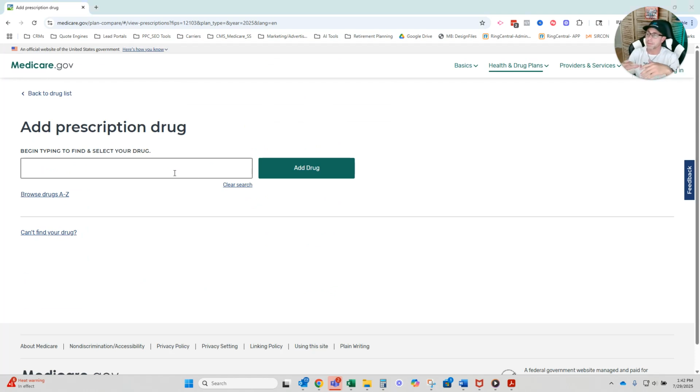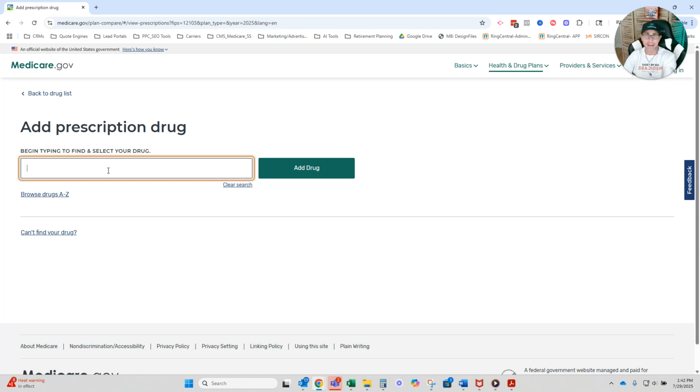On the next screen, we're going to be able to enter in our medications. What's nice about using Medicare.gov and the other platforms that you can use is that it will pre-populate the medication when you start typing in the first few letters. So you want to have your bottles handy nearby on your counter or desk, or if you have a list of them, great. But either way, go ahead and get that ready, and then you can start typing in some